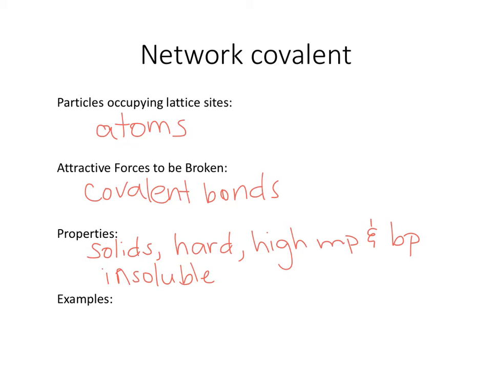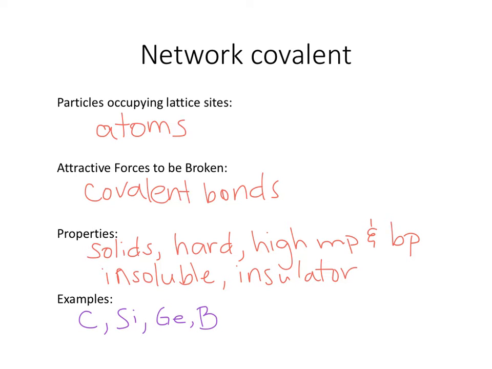And finally, they are typically insulators. There are some that are conductors or even semiconductors, but we'll get into that a little bit later. So, some examples of this are typically your metalloids, that'd be carbon or silicon or germanium or boron,